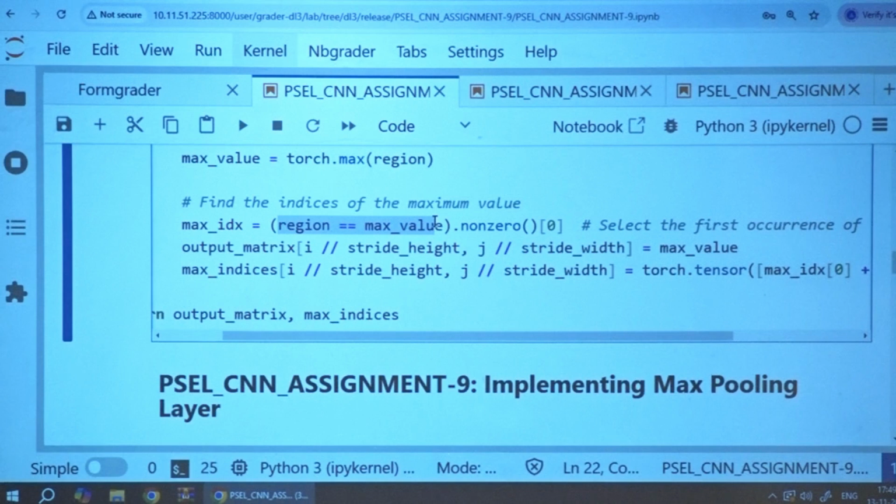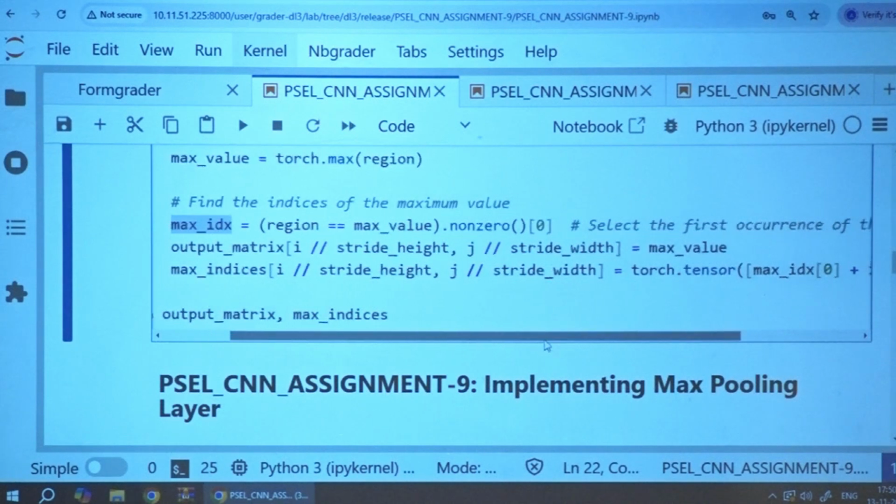From each region where you are getting that maximum value, we are considering the Boolean matrix and taking the non-zero method, which will take the index positions of the true values from that first occurrence. That is what your max index position is recording.